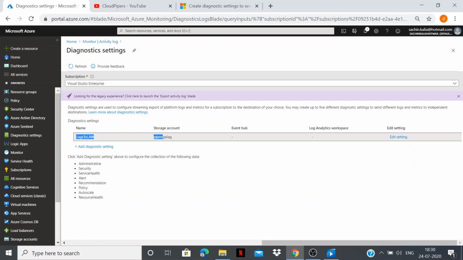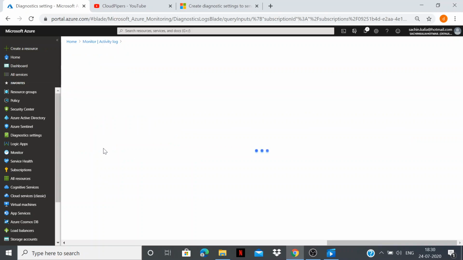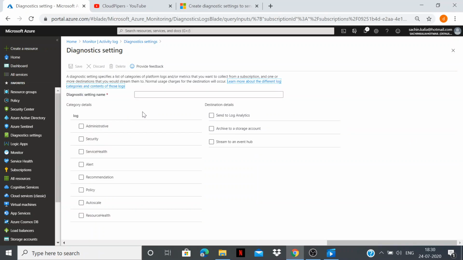As you can see, just click on the Add diagnostic setting link. I have already created a diagnostic setting which is sending information to a storage account. Let's add one more which sends the entire logs to the Log Analytics Workspace. Here we have to keep some name, like send subscription logs, and I want to keep all of these.